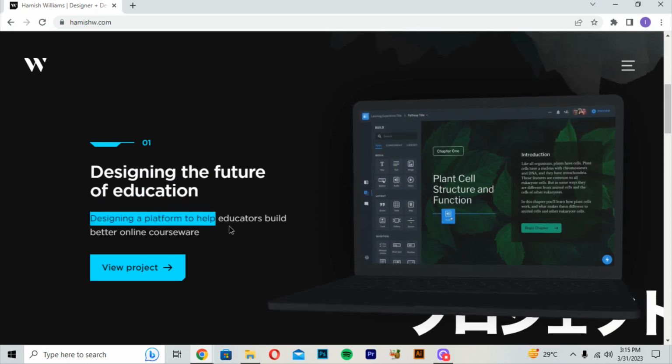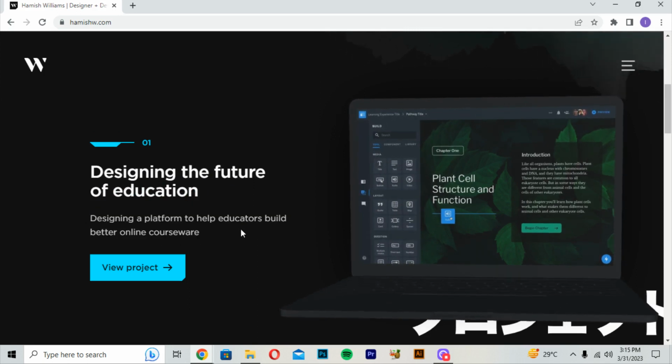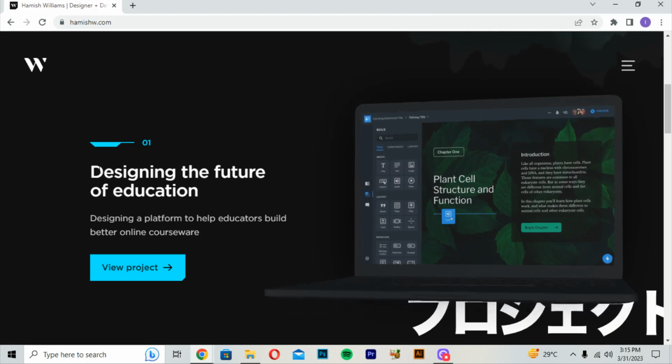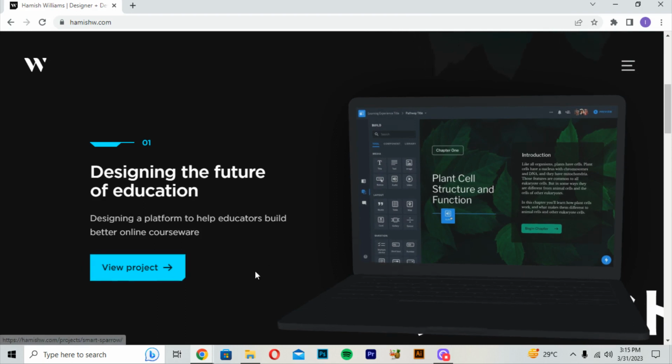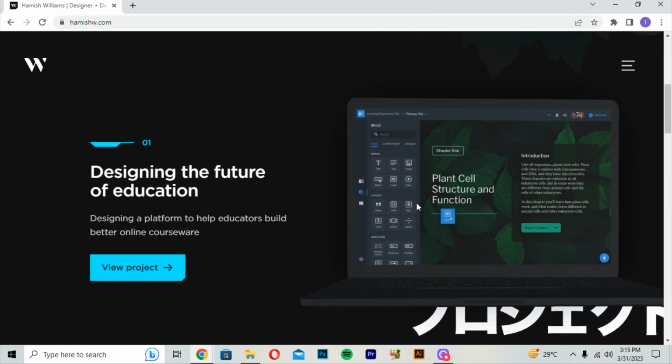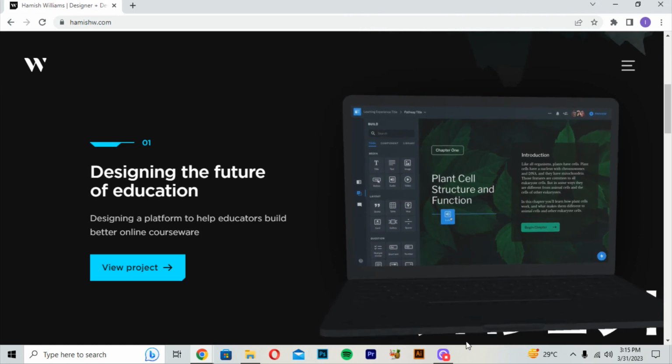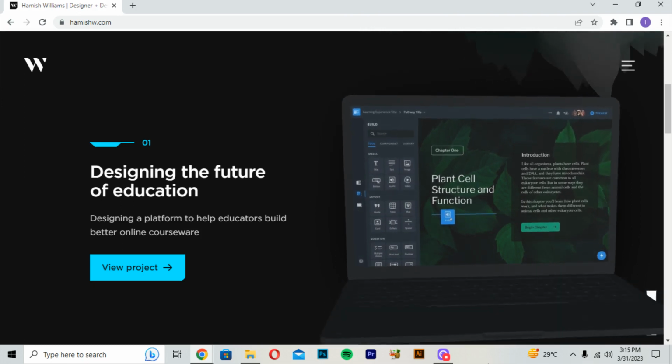Then it is written, designing a platform to help educators. It tells what aim he has and how he is achieving it. So you can also write here about your own aim, what you want and what you have achieved. Then you can press this view project button to view the user's project, and at the right side you will get the image of the project, designing the future of education. Here we get a laptop image which